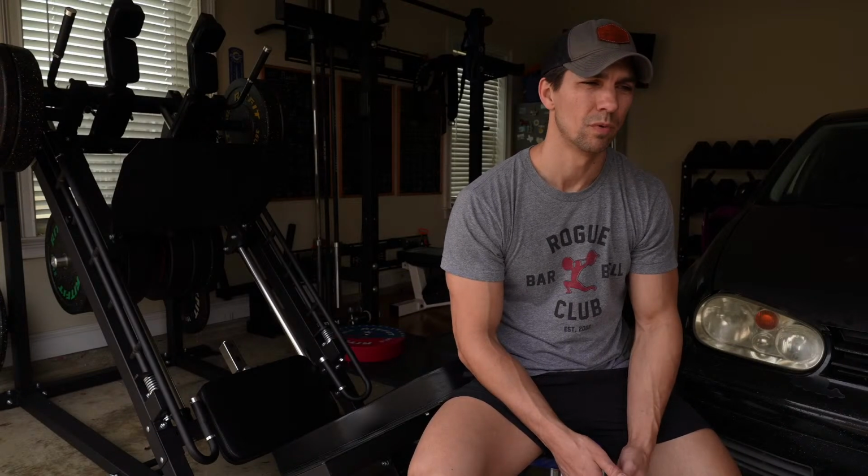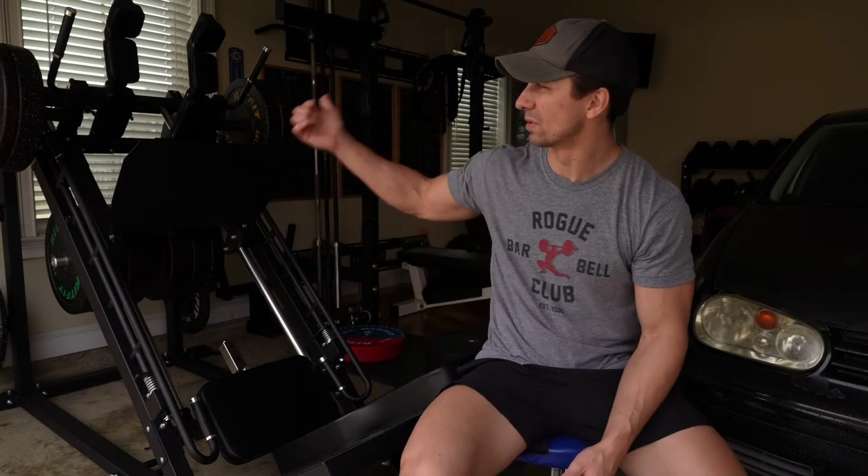And the next morning, man, it hurt so bad. And for like 2 weeks, my back was really stiff every morning. It would just hurt to stand up straight. And I was like, I can't keep doing this. Even doing hack squats with this the other way was hurting my back. So